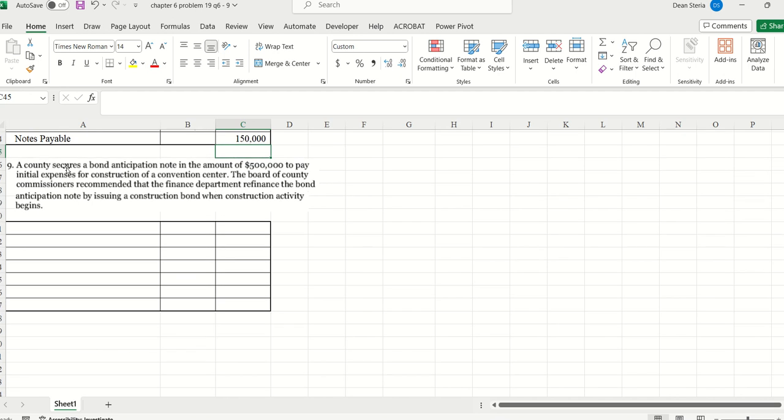So, a county secures a bond anticipation note in the amount of $500,000. So, we got a 500 bond anticipation note, or a BAN, to pay initial expenses for construction of a convention center. The Board of the County Commissioners recommended that the financing department refinance